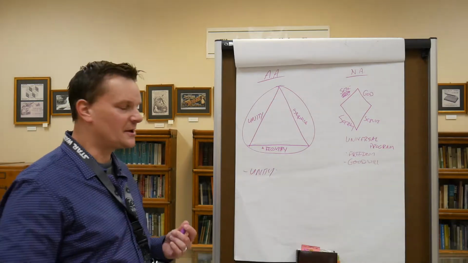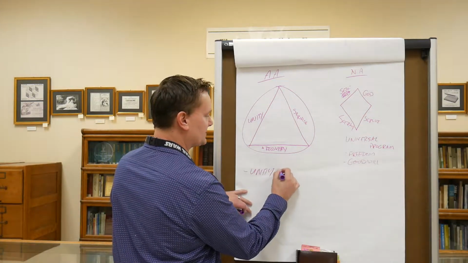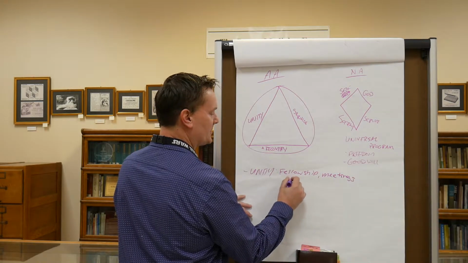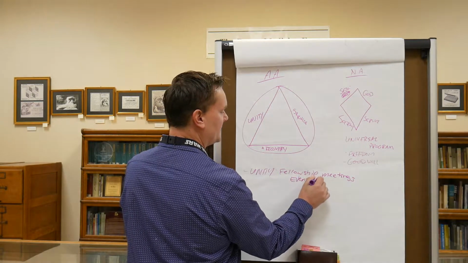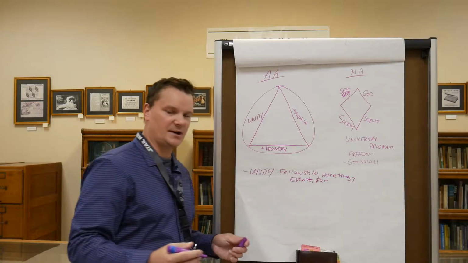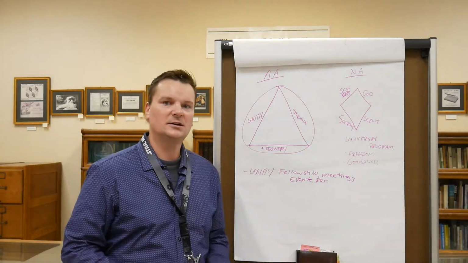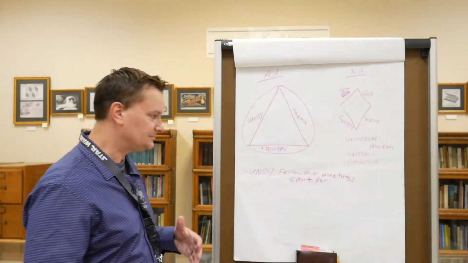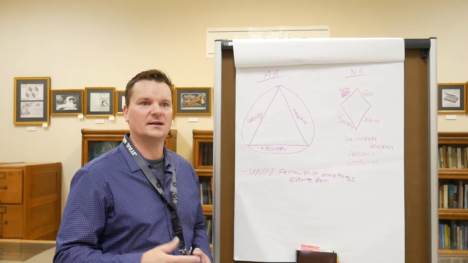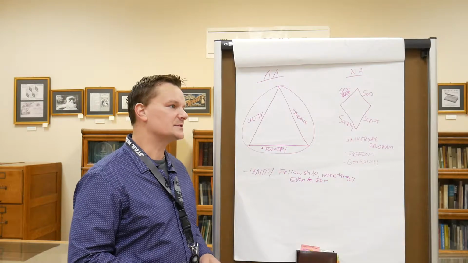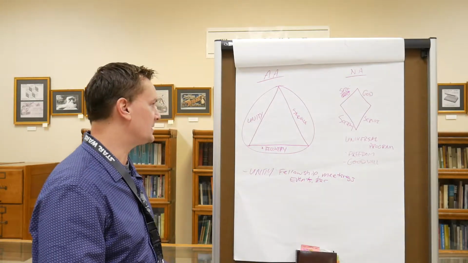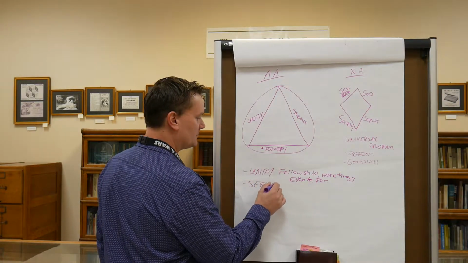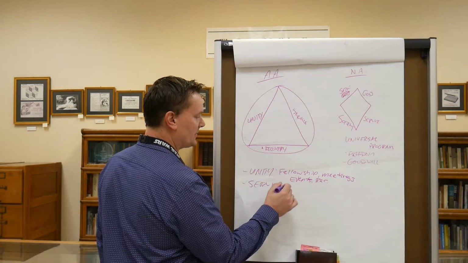Unity, pretty self-explanatory. That's basically our fellowship, meetings, getting together for sober events, sober recreation, anything where one alcoholic or one substance abuser are getting together, sharing in union and helping each other, just having fun together, whatever it might be. The other, service, also may seem self-explanatory in a lot of ways.